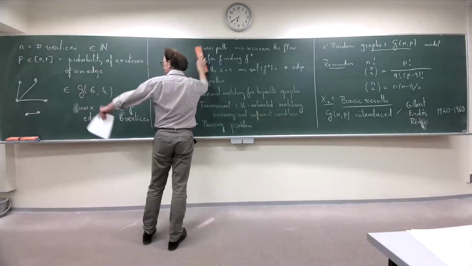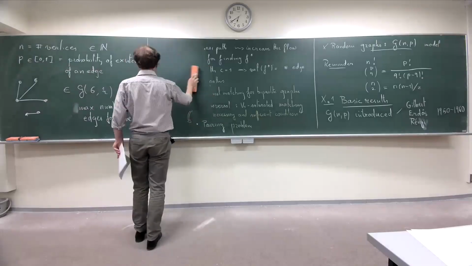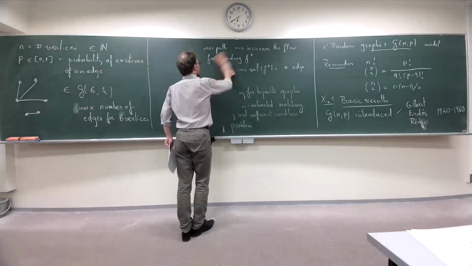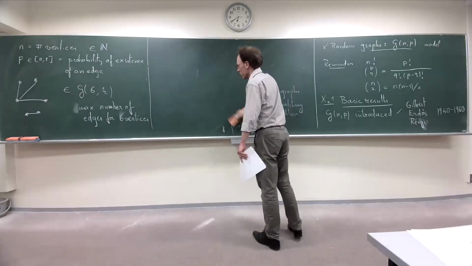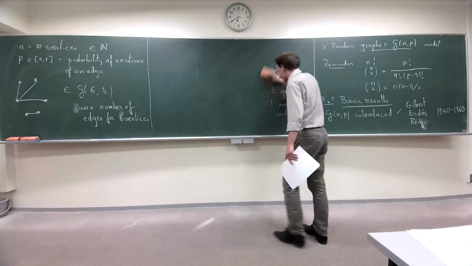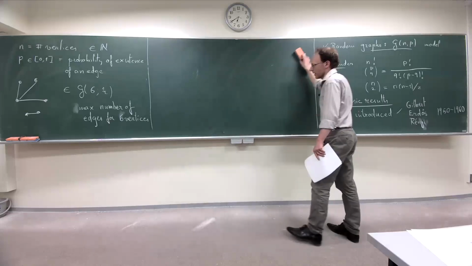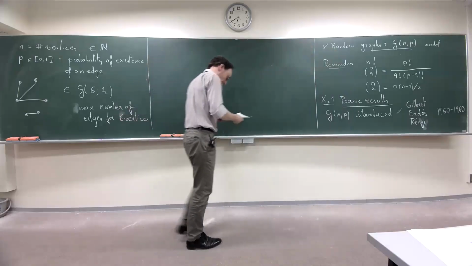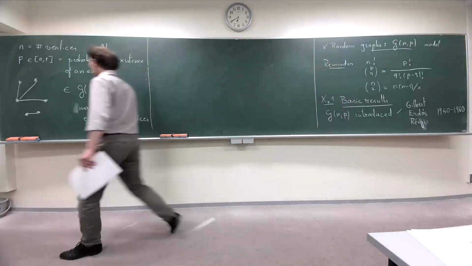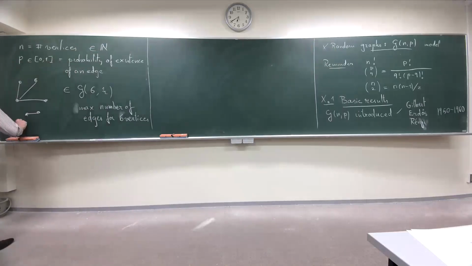It's one realization. If you draw many graphs like this, on average, you will get 7.5 edges. This graph is one realization